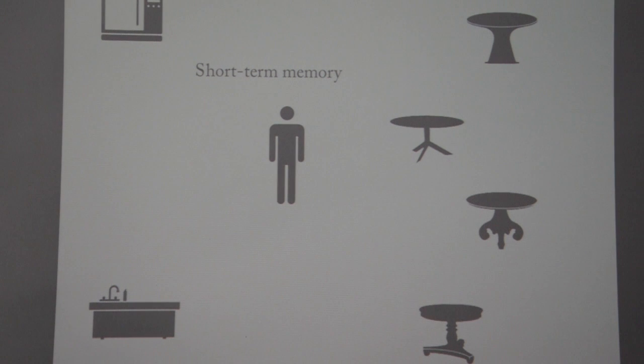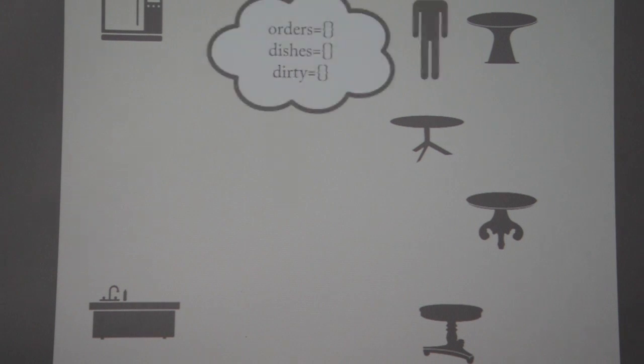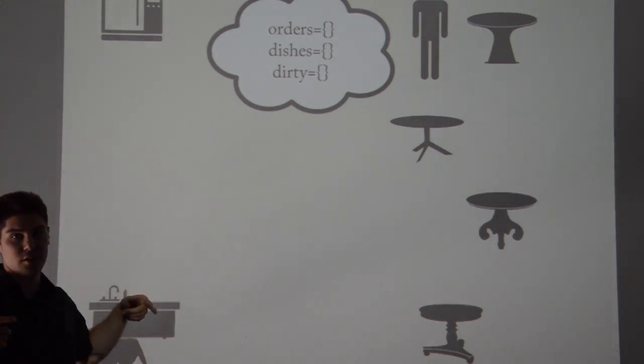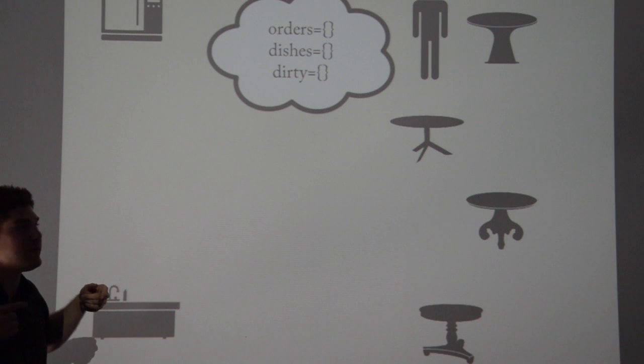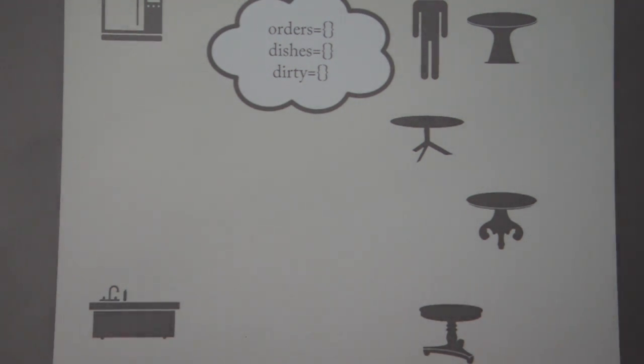Like, do you have dirty plates? Do you have clean ones? And so on. And you have to, like, at every point know what you will do next. So it turned out that the way that this worker worked is that he initially, in his short-term memory, decided that he'll keep 3 sets of things.